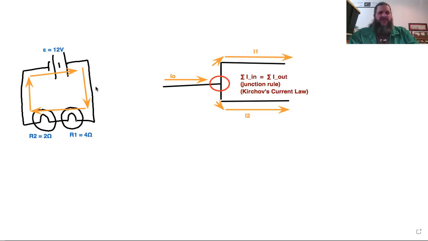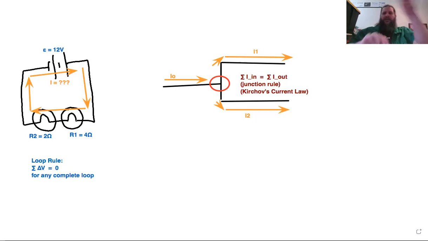And you mentioned the loop rule. What does the loop rule claim? The total change in voltage is 0. Yeah, if you're looking at any complete loop, if you start and end at the same point, the sum of all of those delta voltages you pass through must be 0. And this is the same idea we saw with the Bernoulli equation in fluid circuits. If you've got some network of pipes that loops back on itself, if you start at some location and go through a bunch of stuff and get back to the same location, all of the deltas turn into 0. Delta pressure, delta kinetic energy density, delta potential energy density, those are all 0